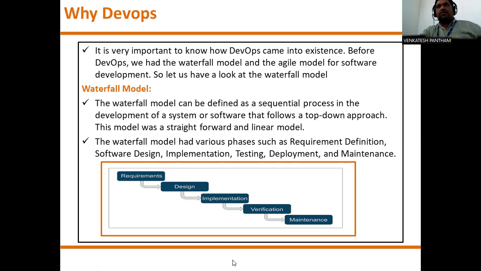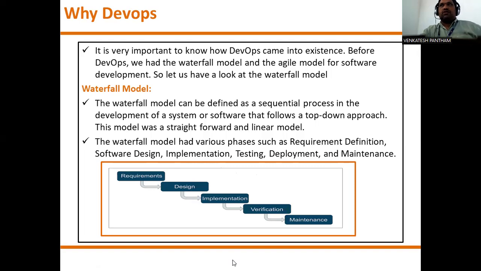In SDLC we have different phases, and we maintain different types of models, like the waterfall model, V-shaped model, spiral model, and agile model.